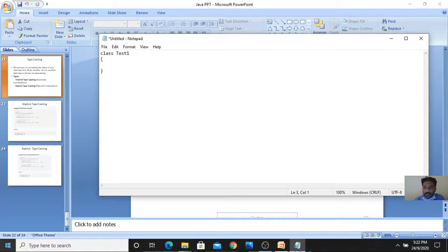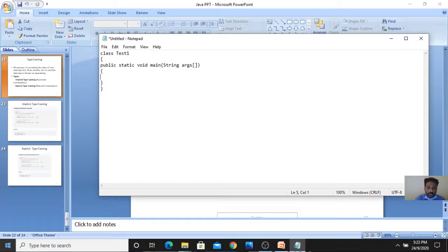Class test1 contains a main method, that is public static void main(String args). The main method has an opening brace and a closing brace. Whatever you do inside it, you do within the opening and closing braces.